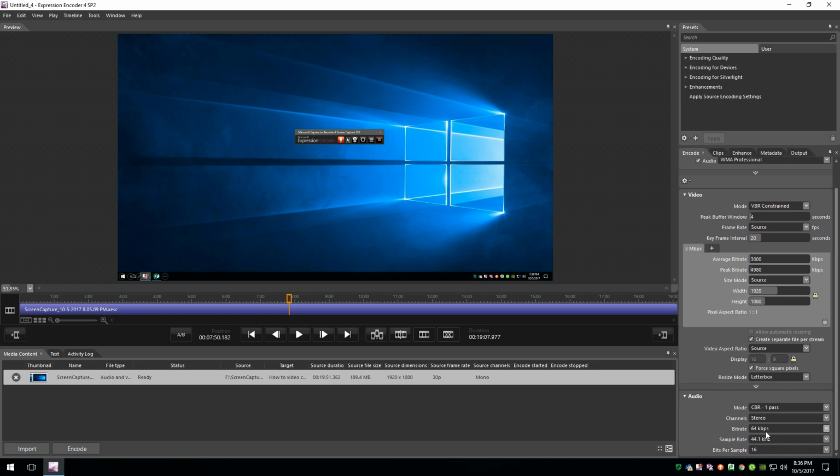And currently it's set to like 64 kilobits, which is pretty low. There we go. It's now going to give me that. And I'm going to jump that up to 192. That's studio quality. I'm using a decent microphone. The sample rate is currently set to 44.1. That's what the project was captured in, so that's perfectly fine. Bits per sample is set to 16, which is also the same as what the video was captured in, so